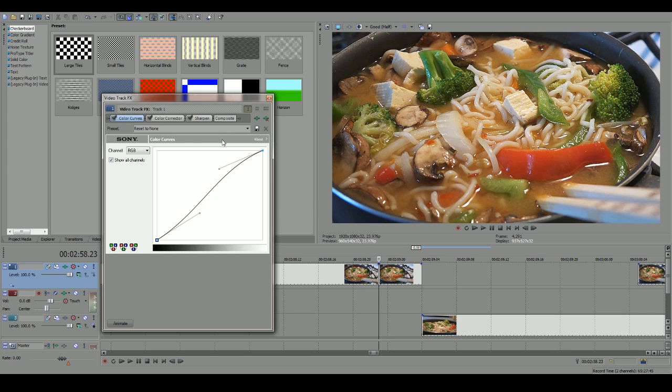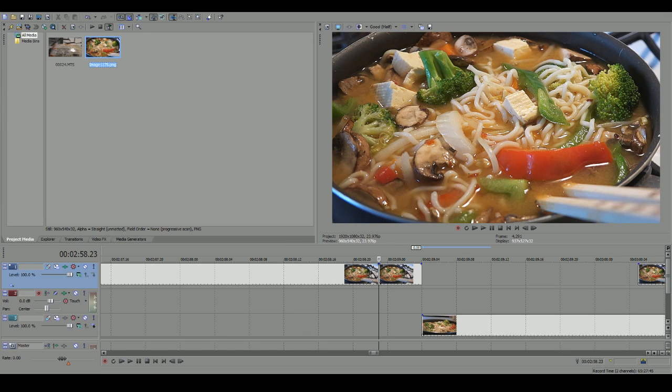So when you save thumbnails in Sony Vegas Pro, you want to save them at good half. A literal screen snap of this preview screen. It's not actually saving it from the project at 1920 by 1080. You're saving it at a much smaller size. So this preview is actually 960 by 540, and that's the maximum size you can make a YouTube thumbnail.